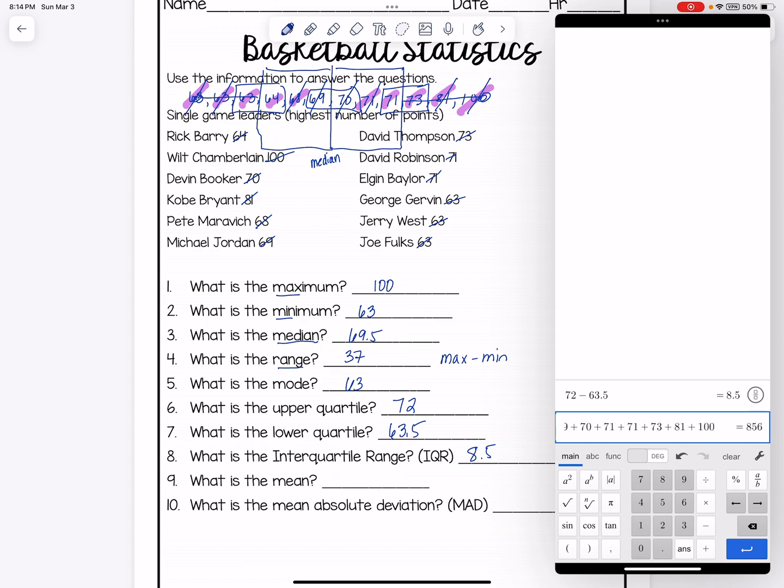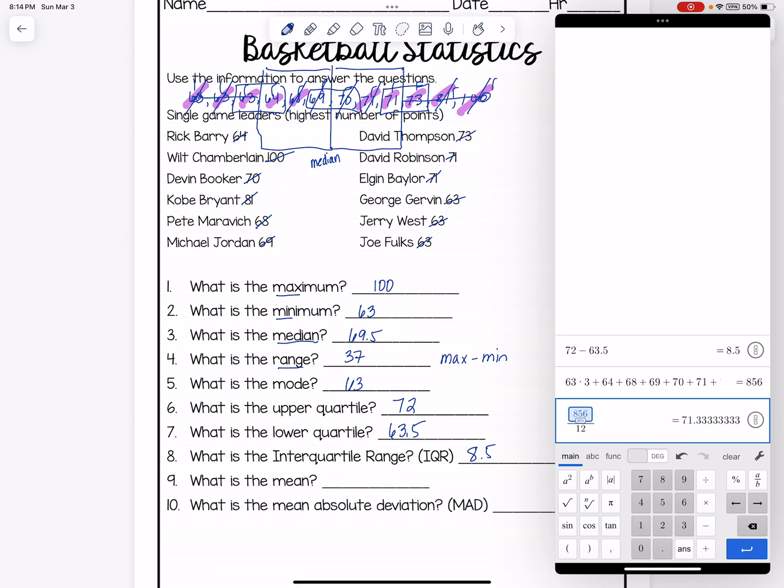So we have 856. I'm going to hit enter on that. And then we take our answer, and we're going to divide by how many pieces of data there are. And there's 1, 2, 3, 4, 5, 6, 7, 8, 9, 10, 11, 12 pieces of data. So divide by 12, and our mean, or our average, is